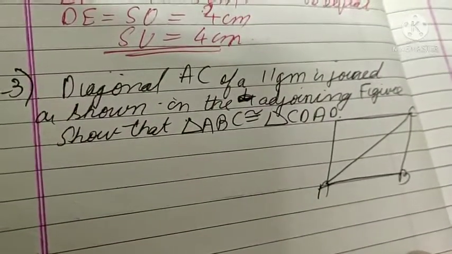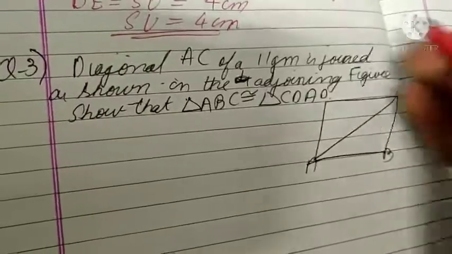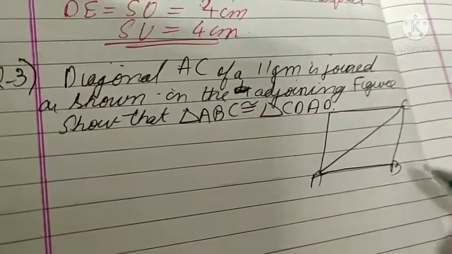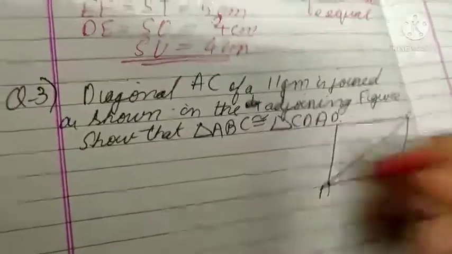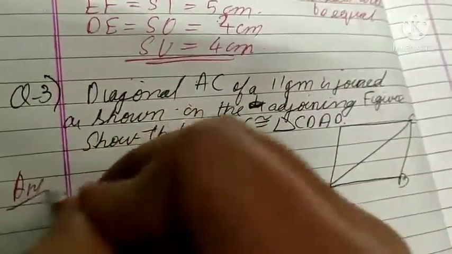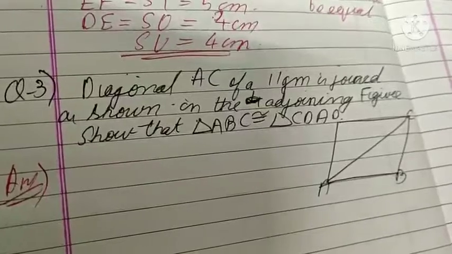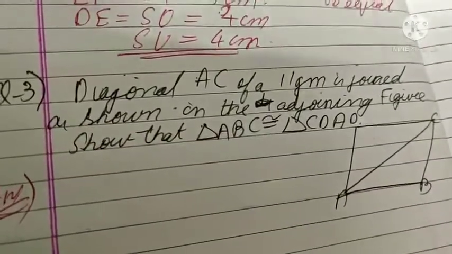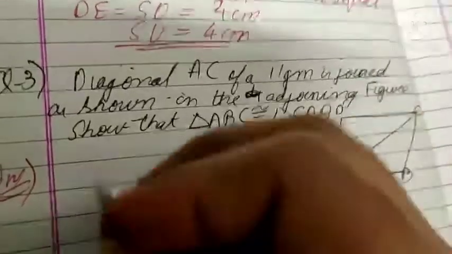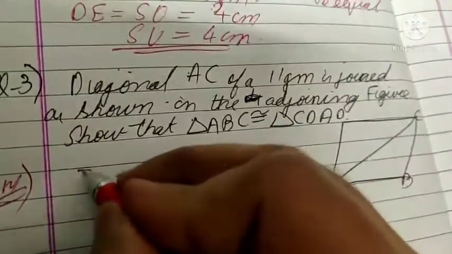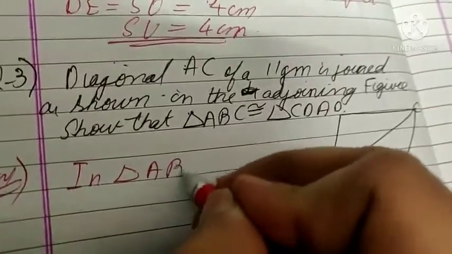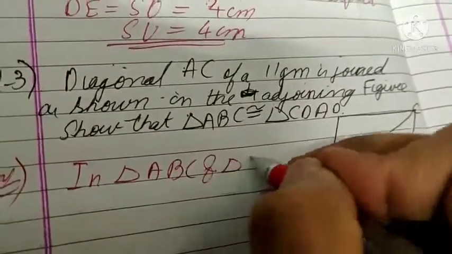So this is our next question, in which ABCD is a parallelogram and we have to prove that these two triangles are congruent, where AC is the diagonal. To prove the two triangles congruent, till now we have only gone through the side criteria. So in a parallelogram, in triangle ABC and triangle